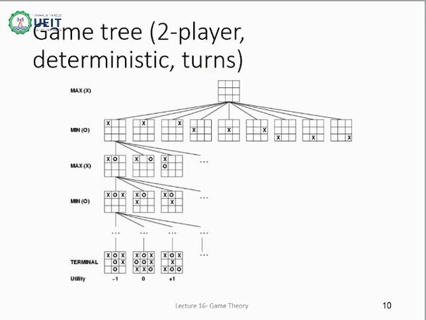To solve game problems, such graphs are drawn in which every possible move that a player can take from the current position is stated. For example, initially, when the game starts, the tic-tac-toe grid is empty. This shows the initial position of the game. When player 1 takes a turn, he can mark X in any of the possible 9 cells, as shown by the successors of the initial state. There are 9 successors of the initial state. These are all possible 9 positions that X can take. Thus, the initial state is expanded into 9 successors.